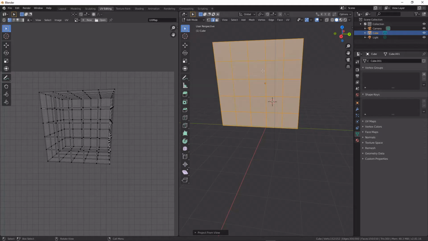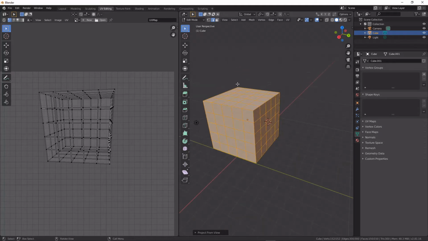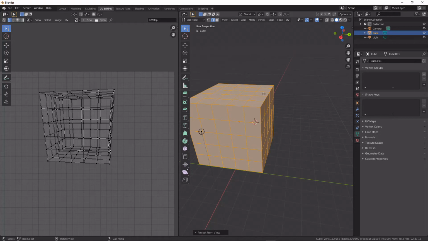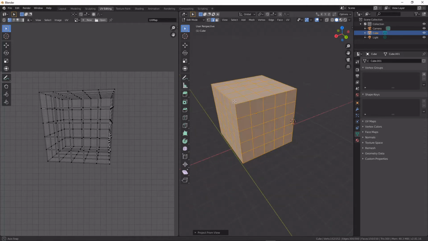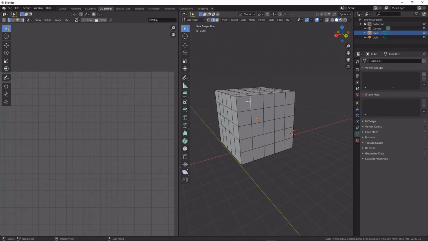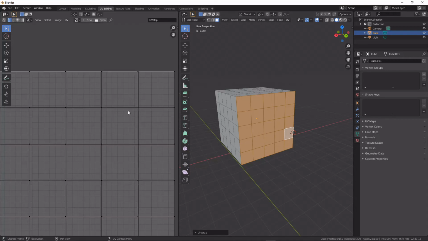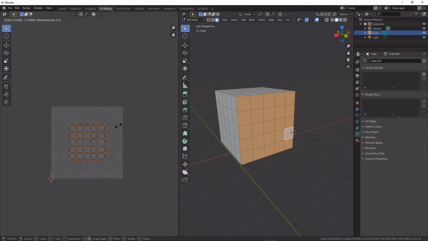So a lot of the time what we want to do is we want to have a texture where we can control what direction, for instance, each face of this cube, what direction the texture will face on each face of the cube. So what we would want to do for that is we would just want to select everything in that face and unwrap it separately,